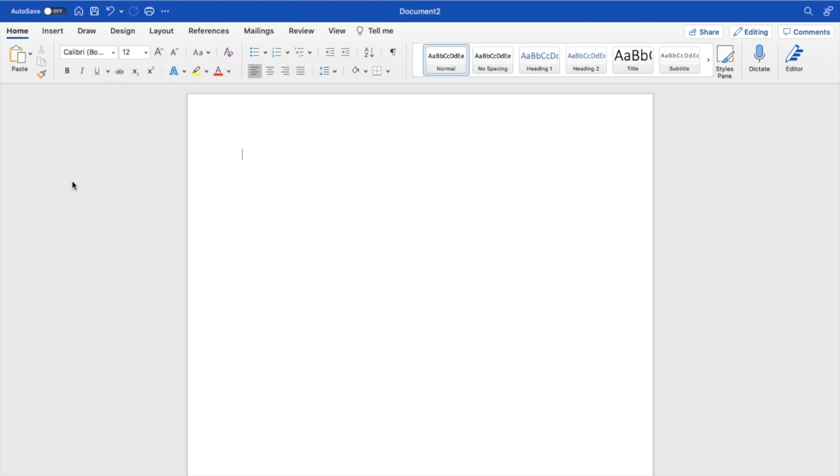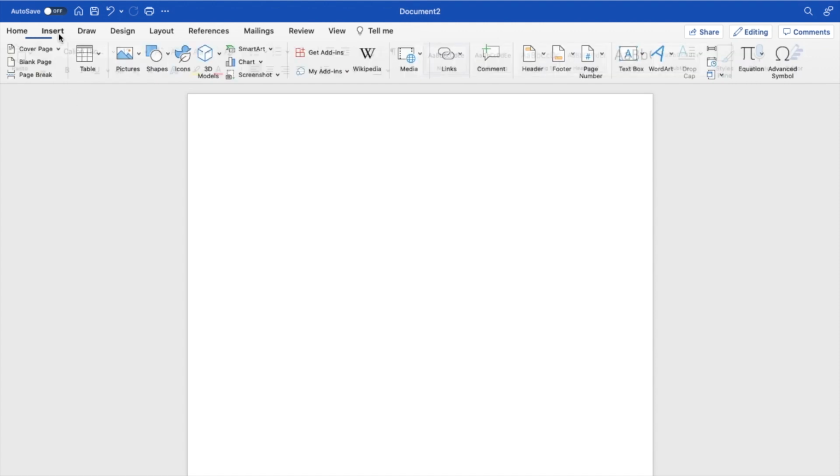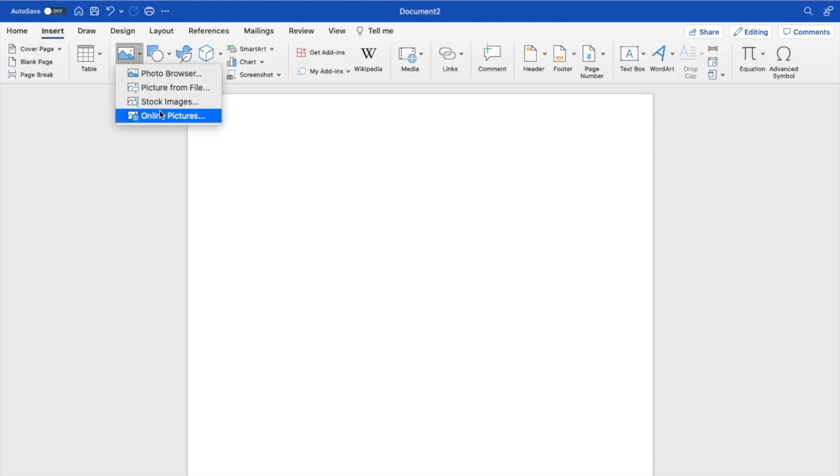So in this Microsoft Word tutorial video, I am going to be showing you guys how to crop an image here in Microsoft Word. So the first thing you have to do is open up a Word document. Once that is done, go to the top left, press on Insert, then select on Pictures, and add a photo